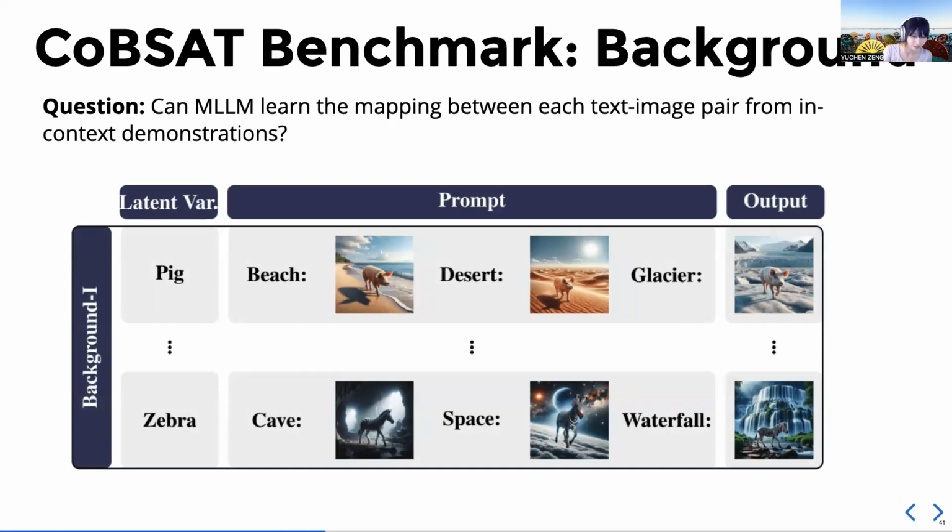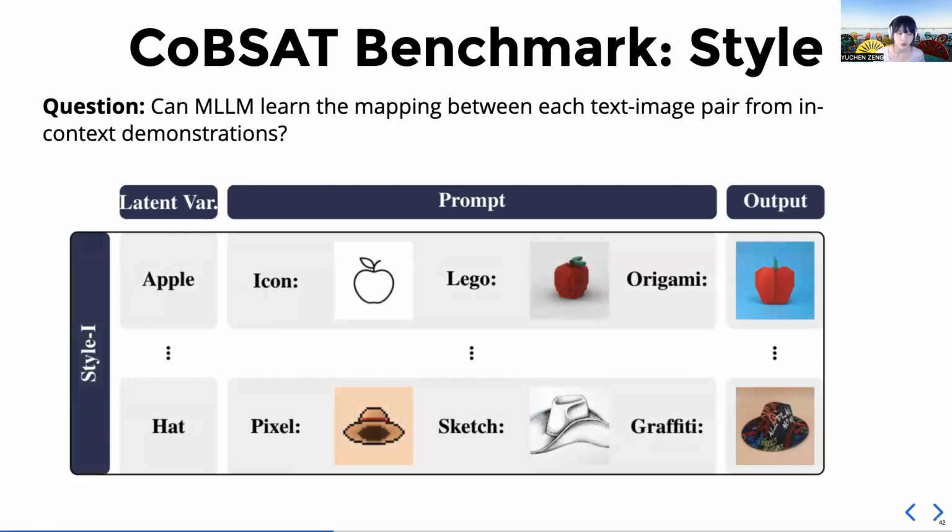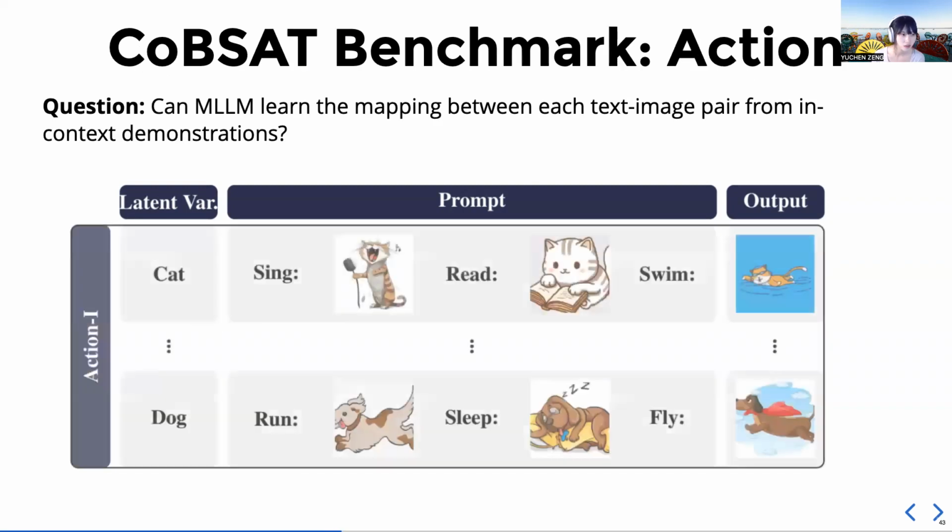Here the textual instruction is the background attribute, like beach, desert, and glacier. In the first example, the model should identify that the goal is to generate a pig on the specified background, so the expected output should be a pig on a glacier. Similarly, we also collected other themed tasks like style, action,